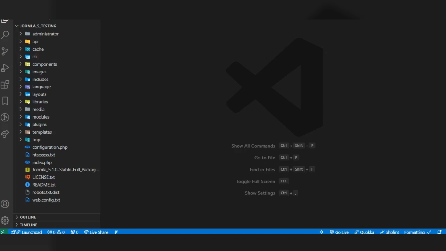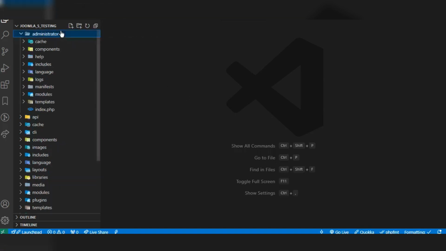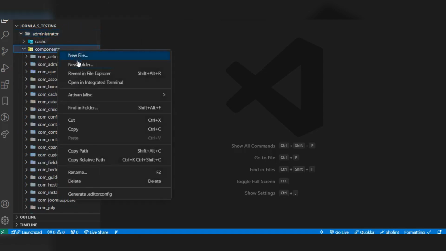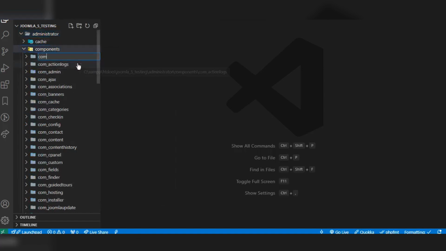So this is my project folder. Now I will create my custom component. I described the file and folder structure in the previous videos, so I will not discuss this step by step in this video. In the administrator page, go to components and create a component. For example, let's give this component the name hello,